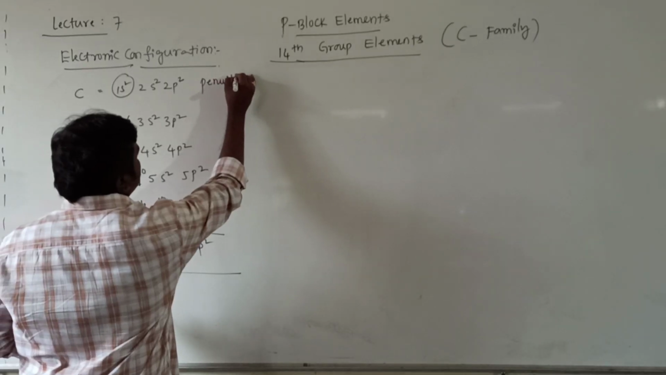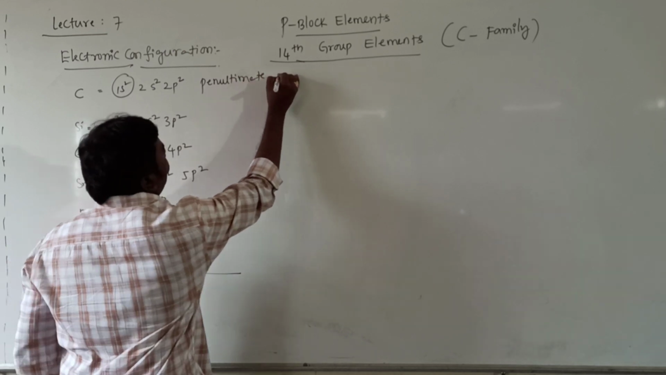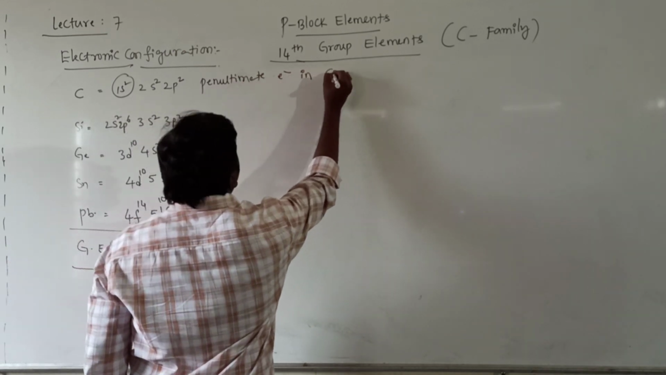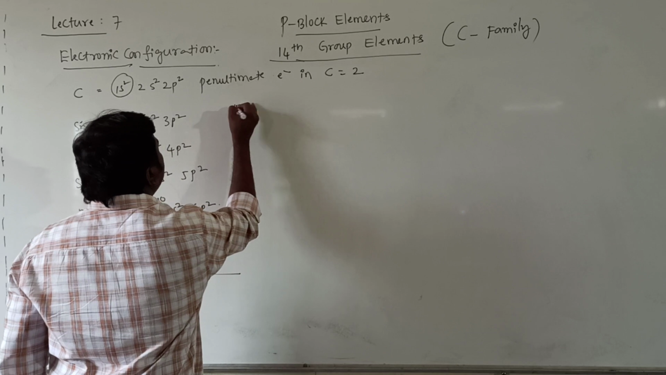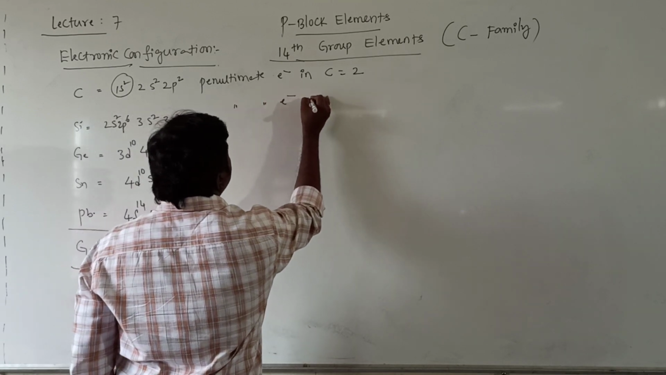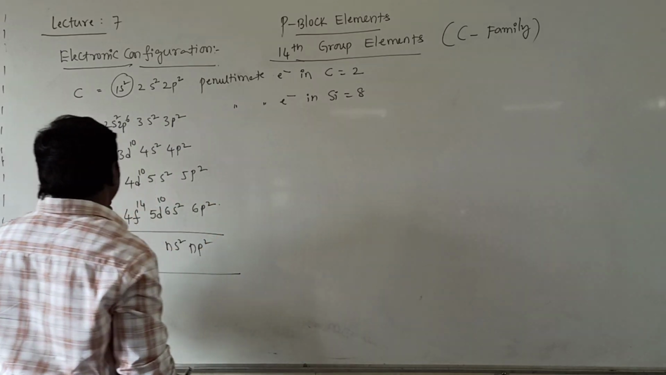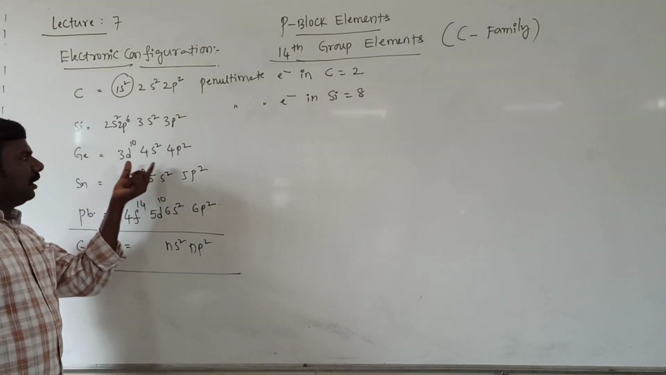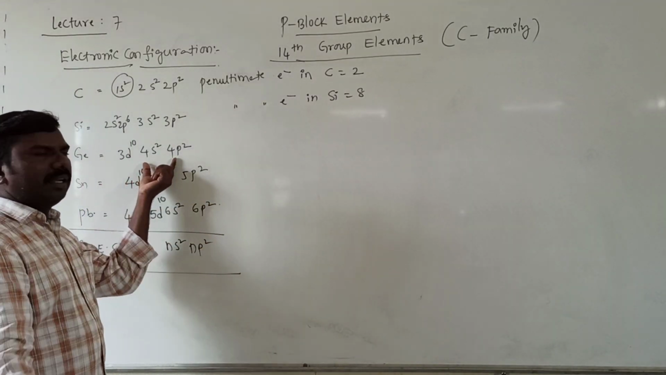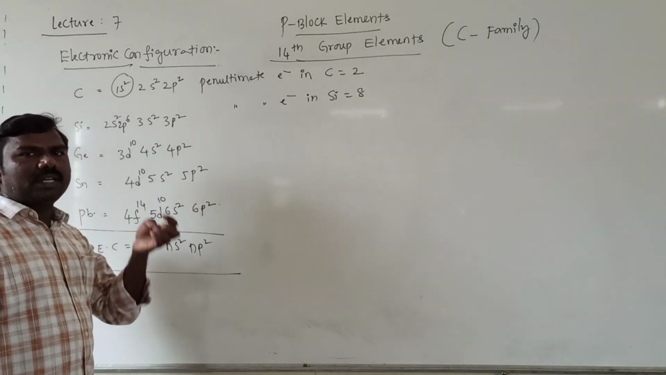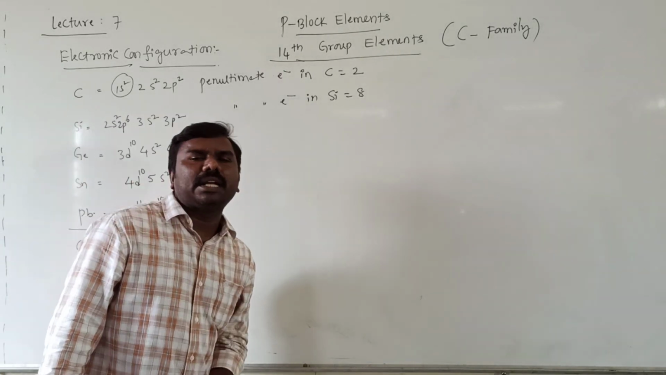Penultimate electrons in carbon equal to 2. Penultimate electrons in silicon equal to 8. Here in this, the fourth shell is the ultimate, the penultimate is the third shell, 3s2 3p6 3d10,